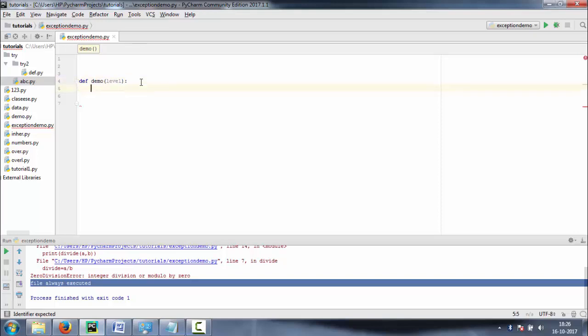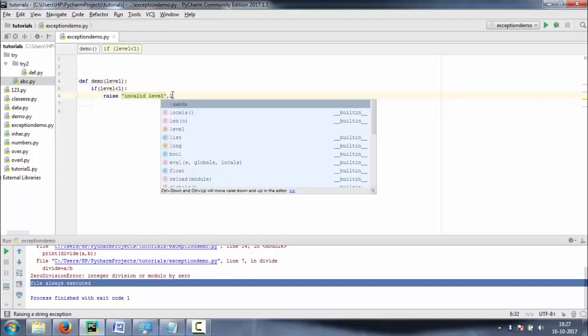Now I'm applying a condition: if level is less than 1, raise invalid level.